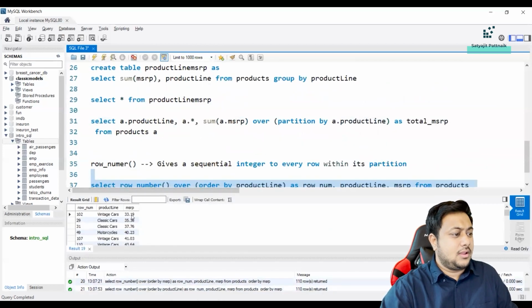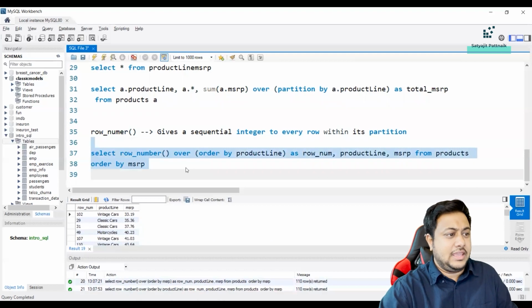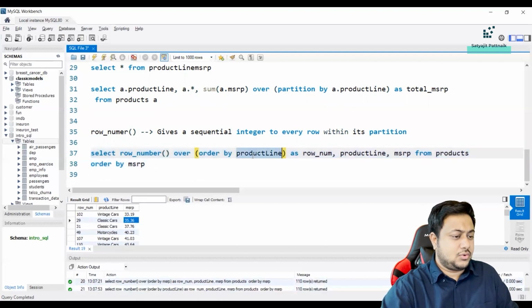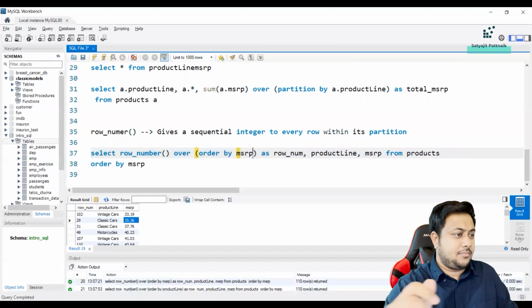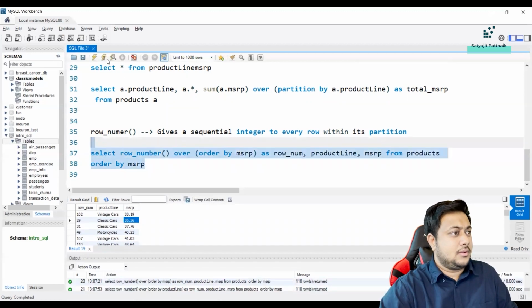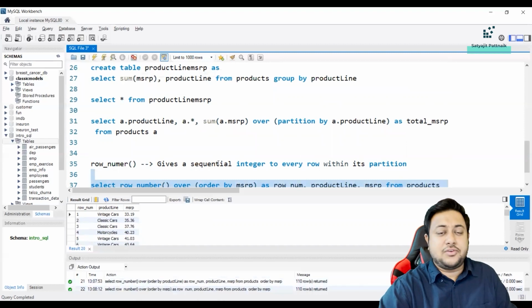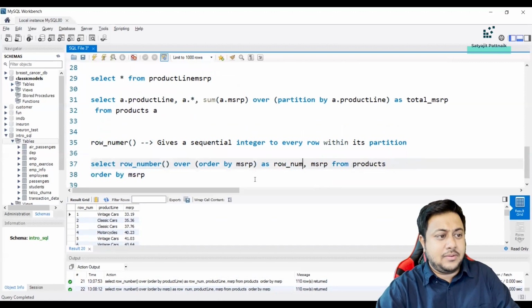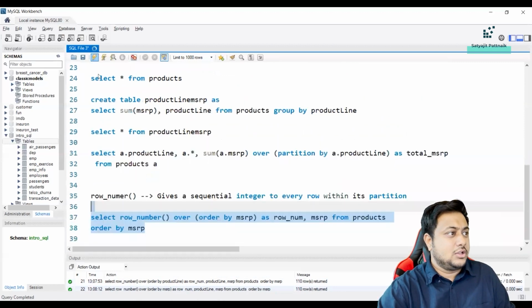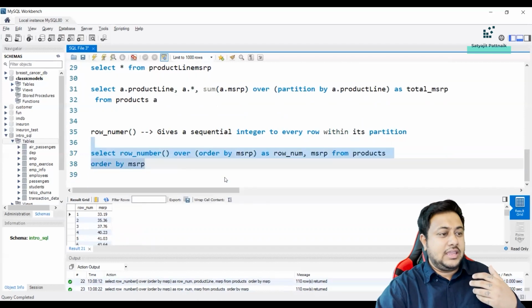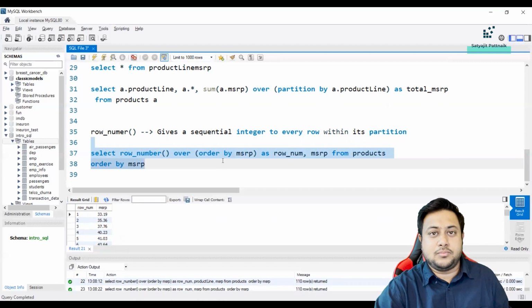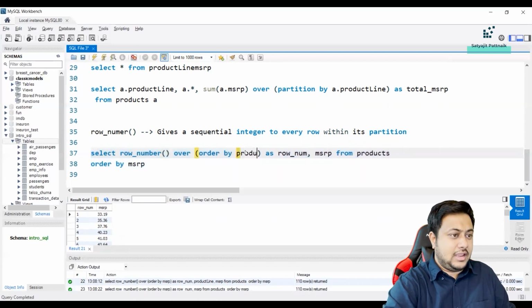So for each product line, okay, product line is not required. MSRP, let's do it by MSRP. So for each partition of MSRP, for each MSRP type, I'm typing product line, which is a little bit confusing here. So for each MSRP value, for each distinct MSRP value, I'm getting a different row number value. Okay. And if I do it for product line,